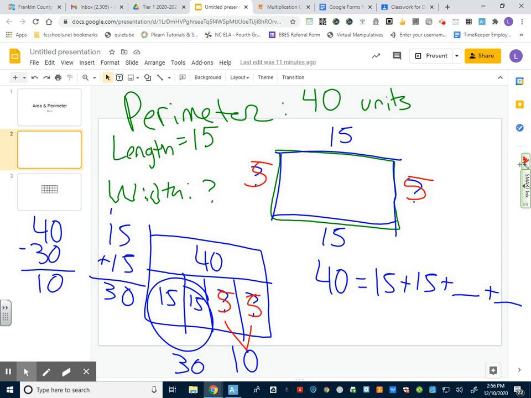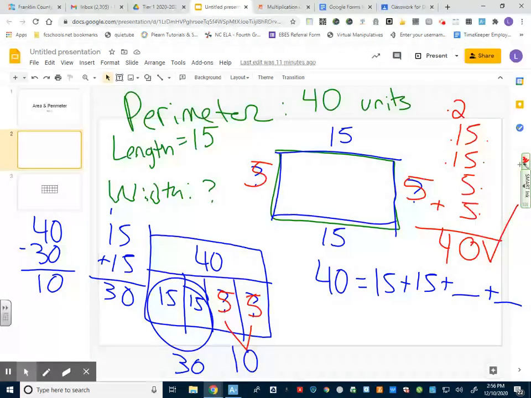And the great thing about questions like this is we can check our answers. If we add together 15, 15, 5, and 5, we should get 40. 5, 10, 15, 20. Drop a 0, regroup those two tens. 2, 3, 4 tens, 40. Check. The missing side was definitely 5. Okay, so if you know the basics of area and perimeter, you can answer any question about them. So remember, P, perimeter plus, and area is an array, and we solve by doing length times